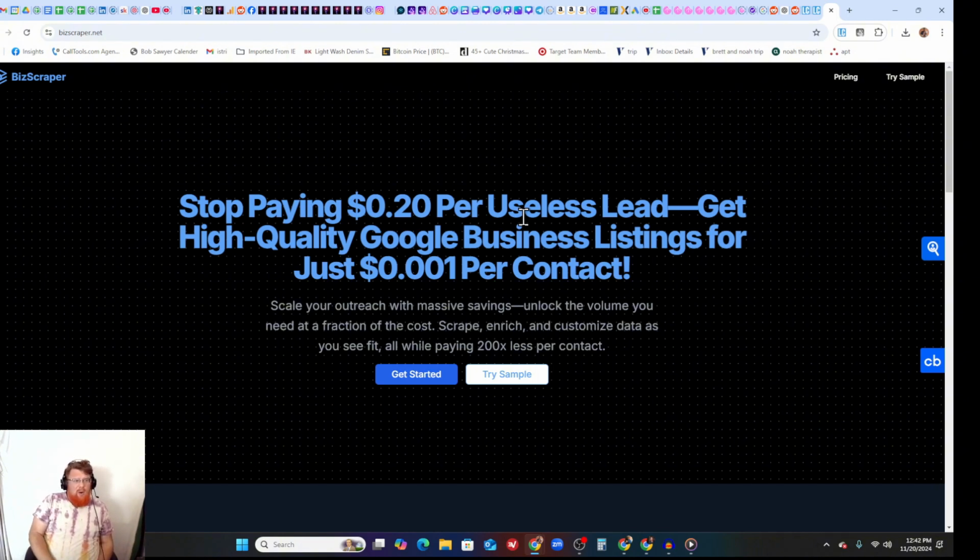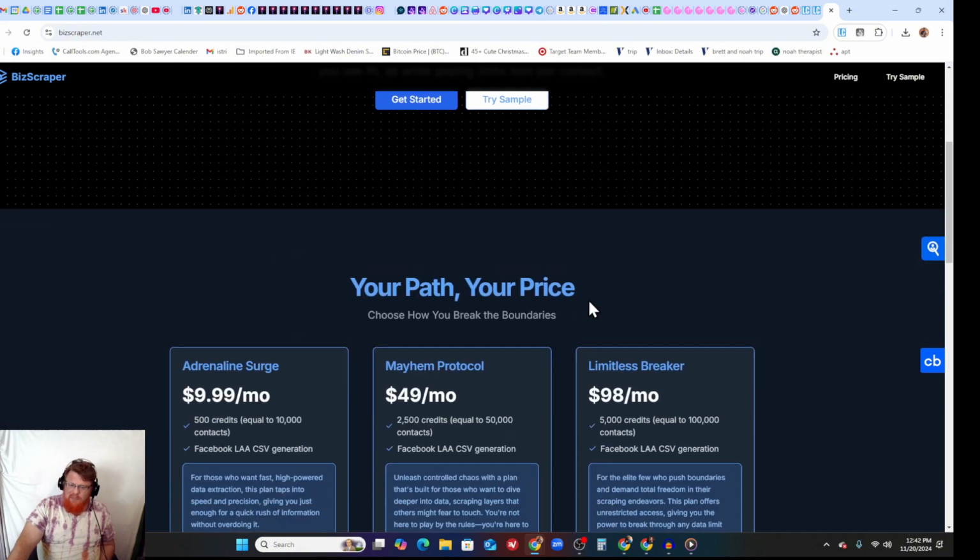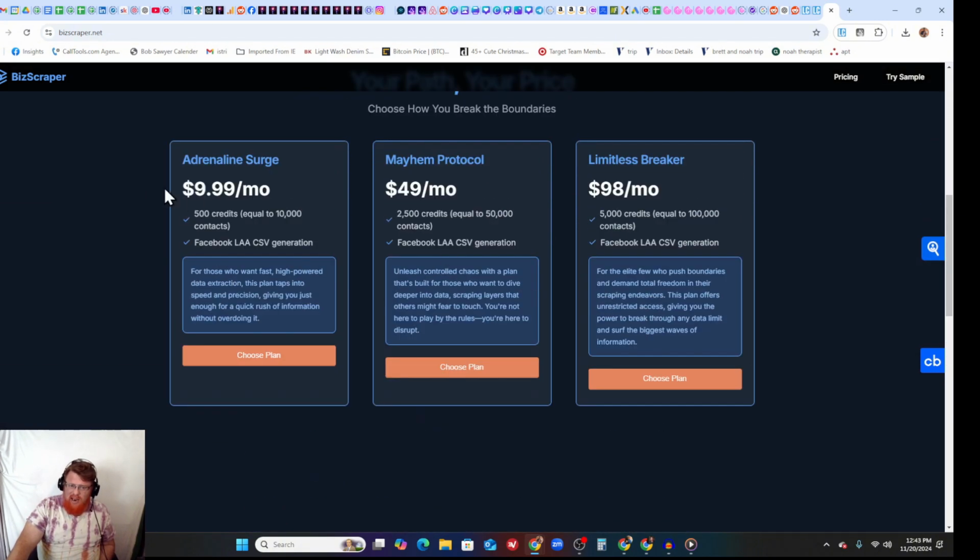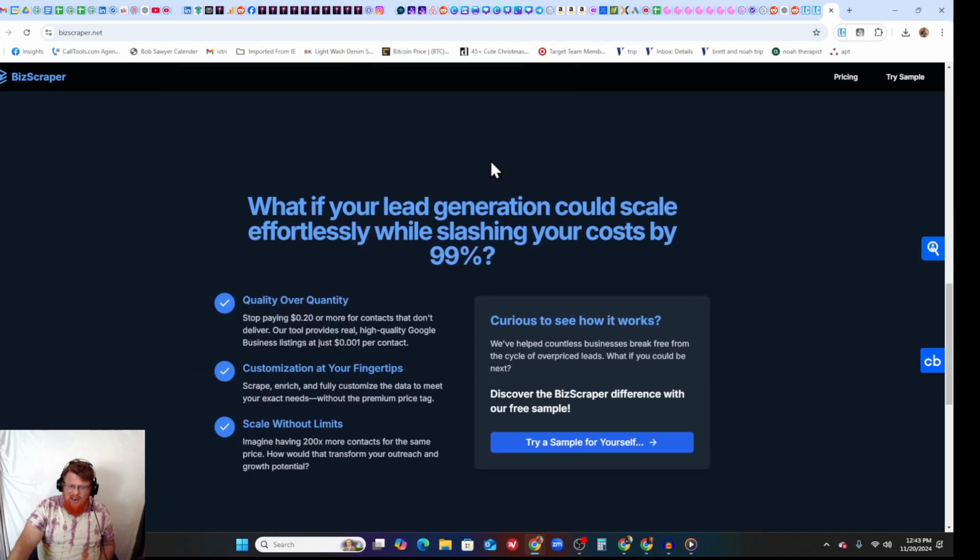So, today we're going to give a quick review of bizscraper.net. This is a data scraping tool created by a friend of mine who has done a really good job. Now, with Seamless, which is my usual data source, I pay about 0.8 cents per lead. He's got it down to 0.1 cent per contact. He's working on a few things. As you can see, his pricing on the month to month is not bad. I'd probably go with this unless you're doing large scale outreach, call center style. That equals 50,000 contacts. That's more contacts than you're ever going to need.